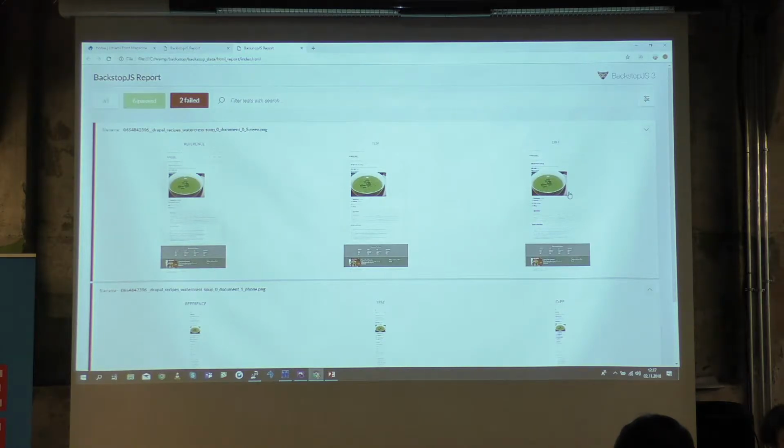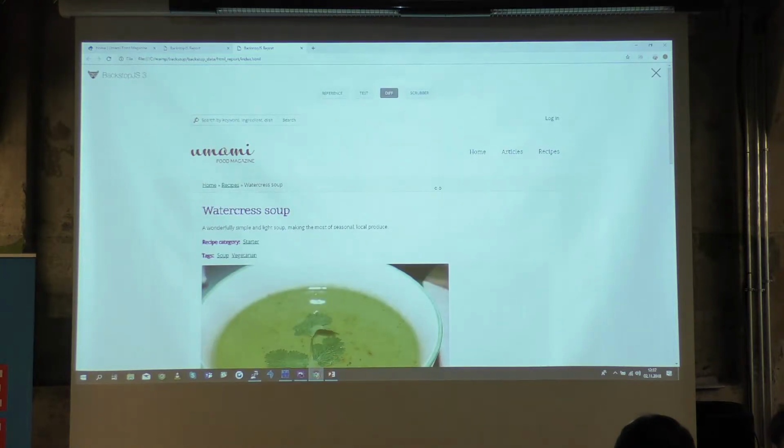Meelis, can you comment what kind of changes were in the code? I changed the color of the H1 title. Okay, you changed the color of the H1 title, right? Yes. So yeah, and the